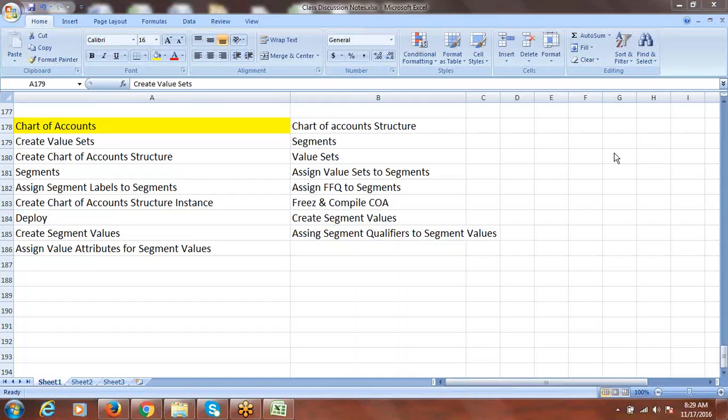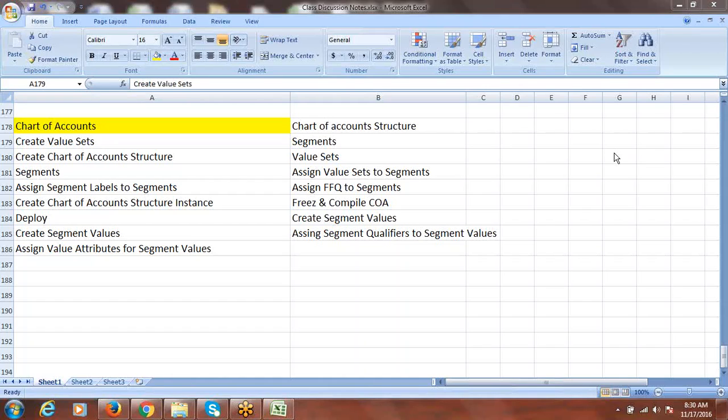Sorry, that will take a long time, isn't it, for the new implementation? Because I have spent time and time on chart of accounts when we moved from 11i to R12. That depends. You are saying it from your experience. When you are moving from 11i to R12, in reality that won't require too much time. Again, that depends on the client's business process, the complexity and the customizations, and whether they are specific to one country's business or a global client. There are many factors that decide how much time it takes.